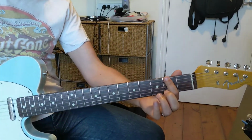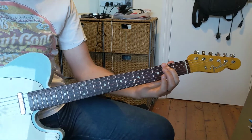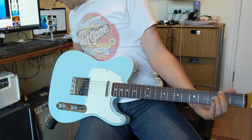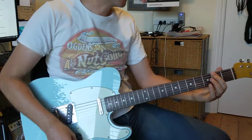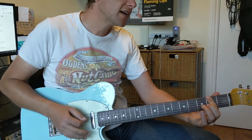So, first finger is going to go flat across the second fret. We're going to hit those. Give this a bit of welly. Okay, so we've got that's our chord, and we're going to go down, down,